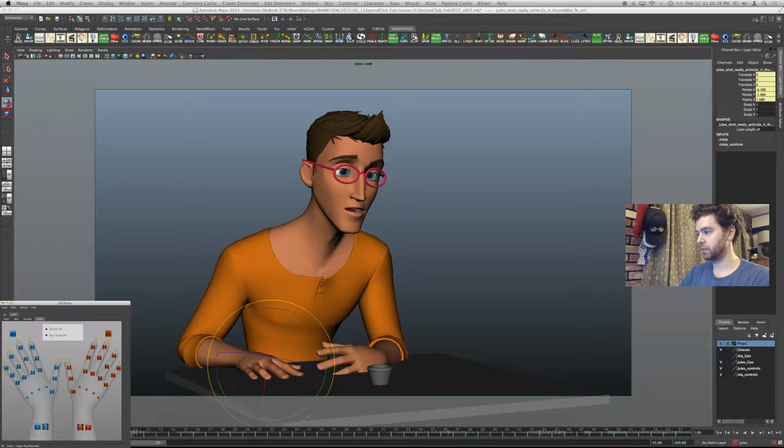So I'm going to select a bunch of these elements here. So I'm shift selecting. I'm going to repose this hand, because I think that needs to happen.